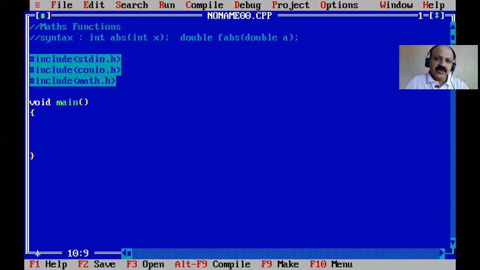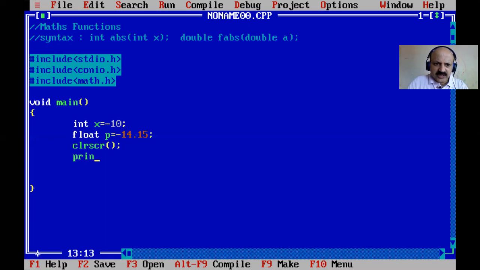Absolute means positive value, so a negative value is converted to a positive value. I take an int x and a float p, and initialize them like minus 10 and minus pi value. Clear the screen. You can also scan from the user side, but it is not required here.